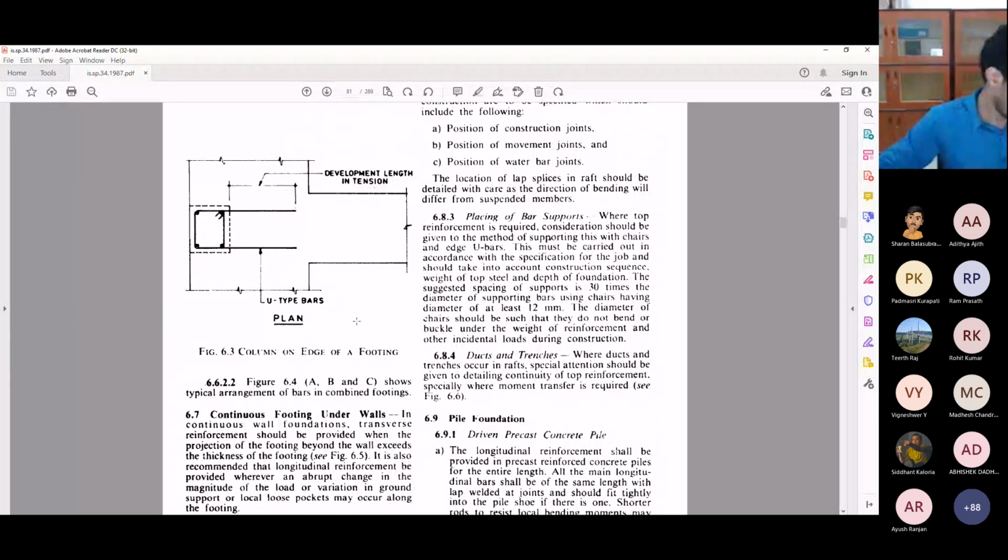Mostly from the evaluation point of view, also go through circular isolated footings. The principles are the same, except that instead of d into d, you'll have d square and pi d square and all. But otherwise, it's the same. Anyway, at least read through it. But from your testing and evaluation point of view, you'll be asked rectangular isolated footings only. And you may be asked problems which have only axial load and no moments.